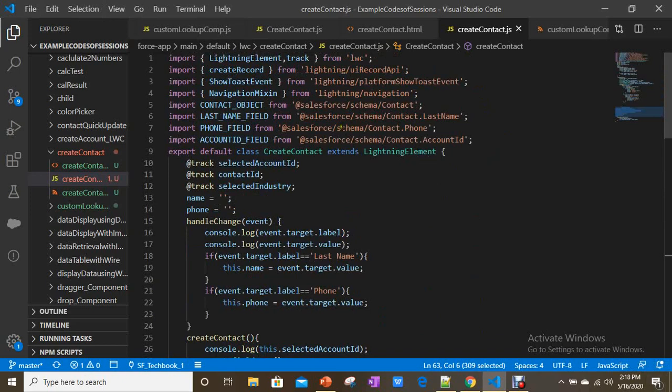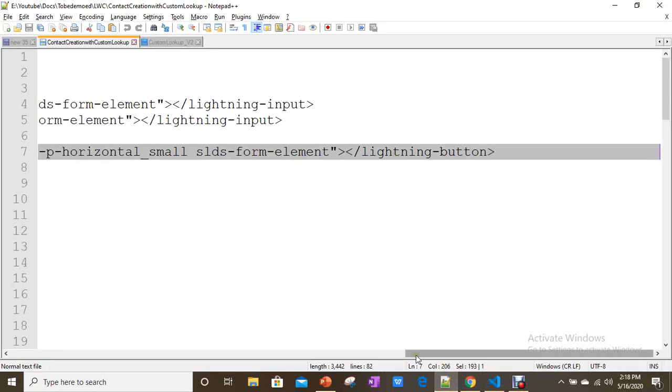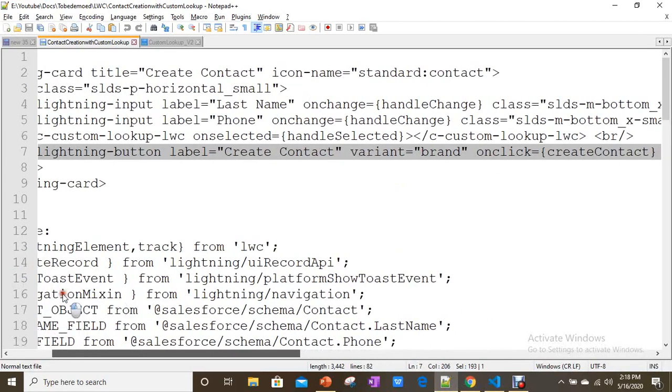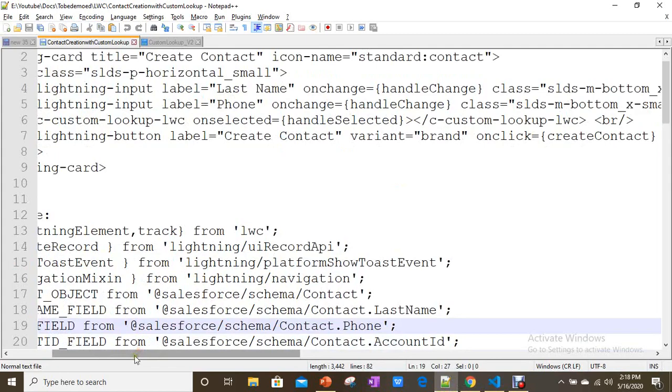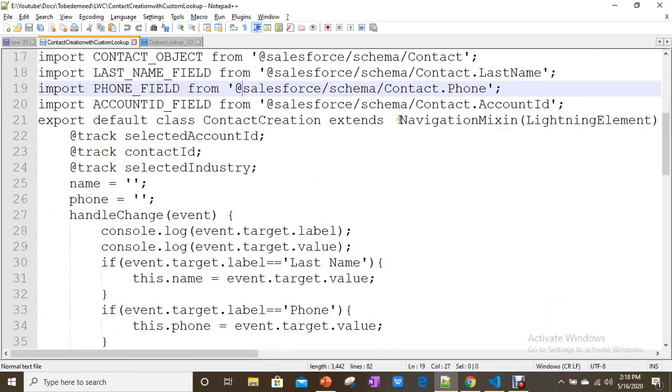When you have navigation, you have to extend this LightningElement in a different way. How? If you remember, you can recall. This is the way.